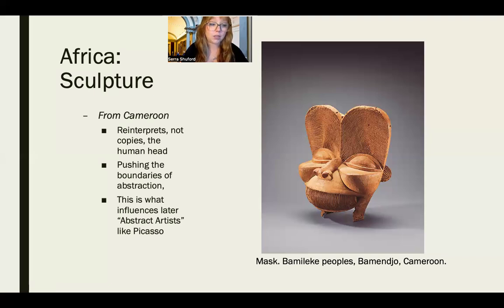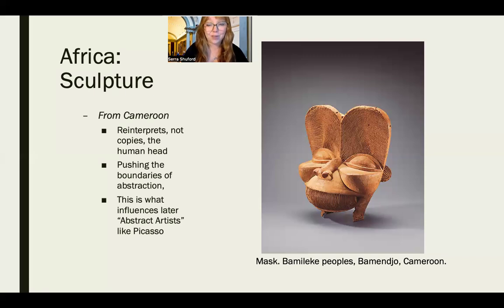And so this credit doesn't really get brought back to the African artists who were like, wait, we've been making artwork like this for centuries. This isn't anything new. Cubism isn't a new thing. This is just what you're calling our type of art. So a lot of borrowing without